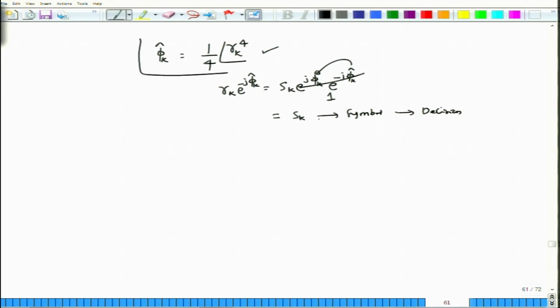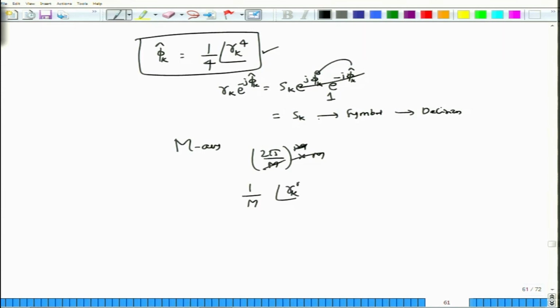So this method can be applied to any M-ary system whose symbols are 2π/M angle apart. When you raise them to the power M, that is actually equivalent to multiplying the angle by M and then removing the modulation. Once you have removed the modulation, you take 1/M of the angle at any sample point Rk which has been raised to the power M. Now this was without noise.